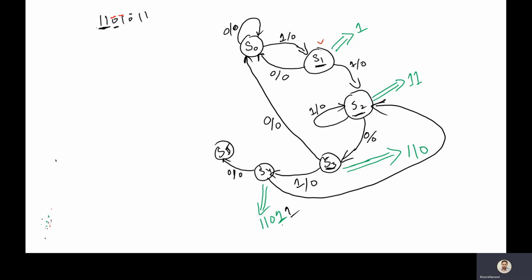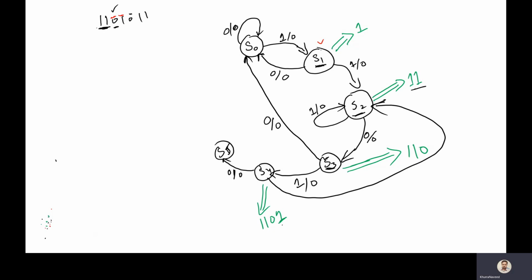मतलब यहाँ पे कहने का मतलब है कि वापस S0 पे जाने से बेहतर है कि हम यहाँ S2 पे चले जाएं, क्योंकि हमने ऑलरेडी इस सीक्वेंस के लास्ट टू डिजिट्स 1 1 हैं, और इस सीक्वेंस के पहले दो डिजिट्स भी 1 1 हैं। तो हम ये कह सकते हैं कि अभी हमने 1 1 0 को लीव आउट करना पड़ रहा है, but we have still the first two ones, and now instead of waiting for the first one, we have the first two ones, and we are now waiting for this zero, right? So this is a smart way of doing it, right? Okay.